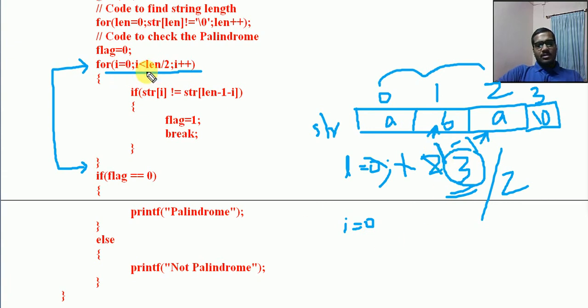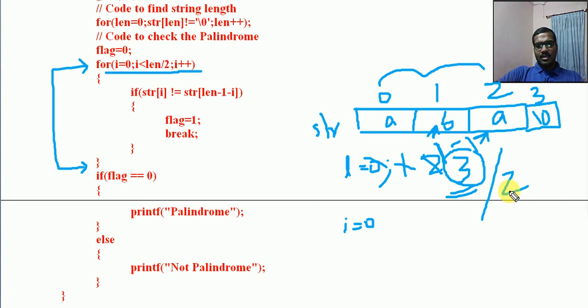i is less than 1, right? 0 is less than 1. That is true. It will enter into the body. If str of i, that is str of 0, not equal to str of len minus 1 minus i.